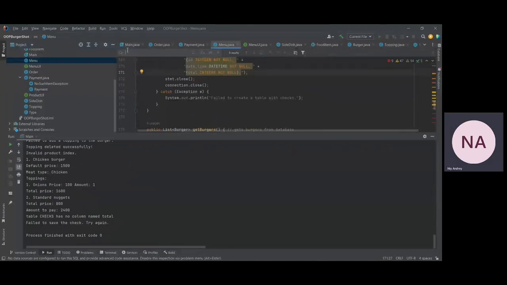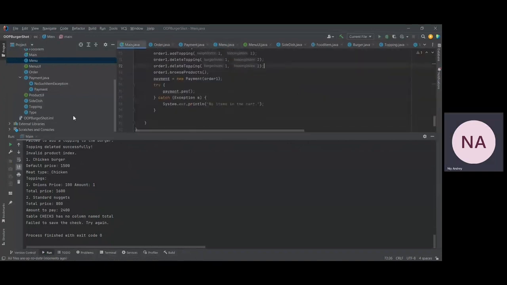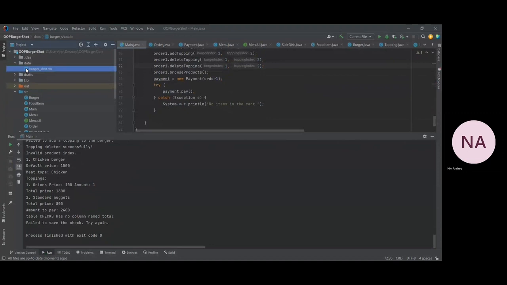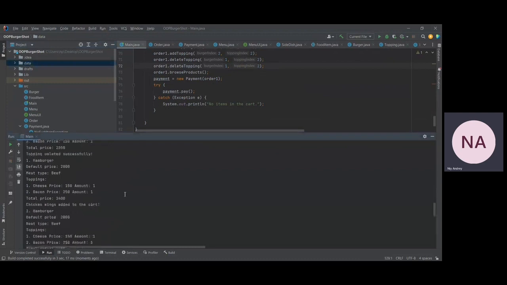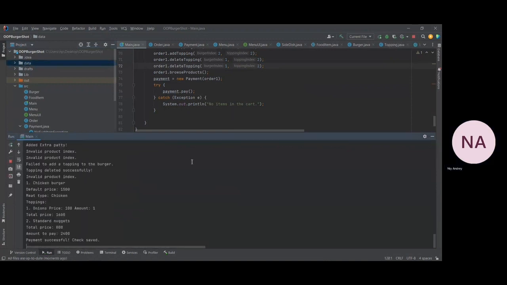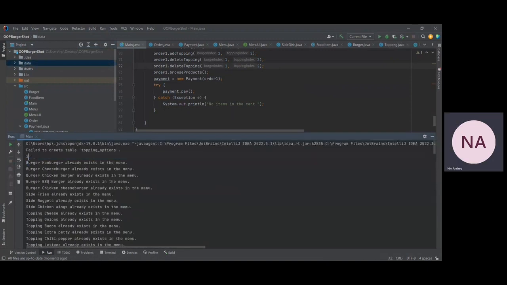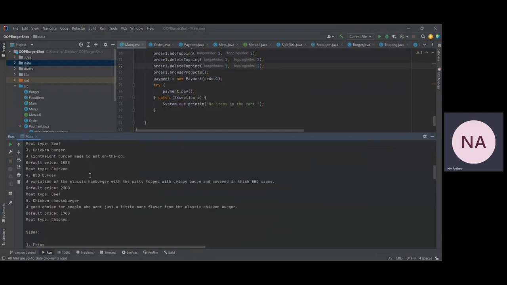I think if we change it like to this and we restart, yeah, I think it's this. Yeah, now payment is successful. The check is saved. The IDs got updated to 1. Let's check this again. The IDs got updated to 2 since the first check got fully